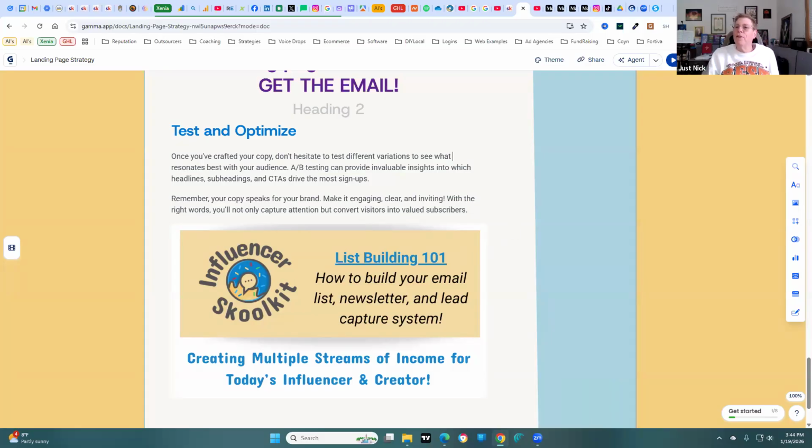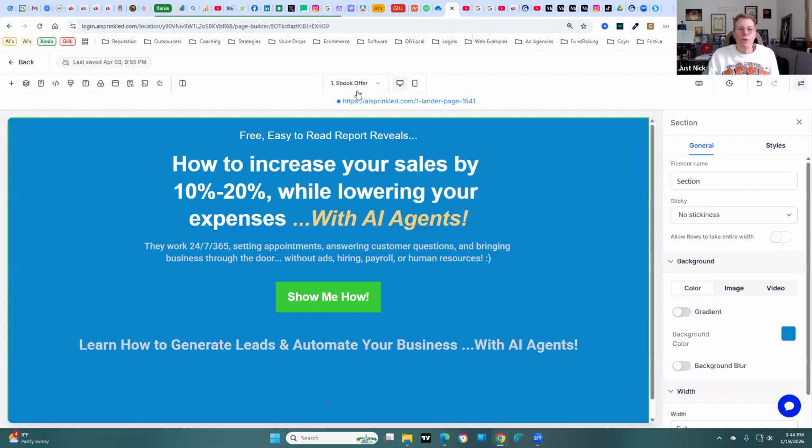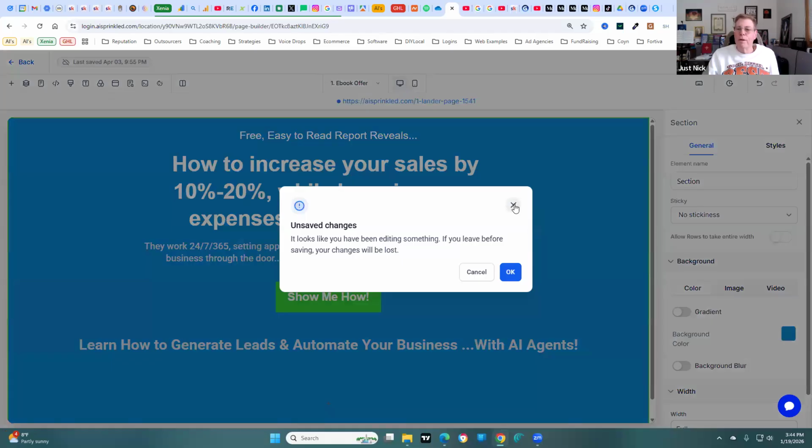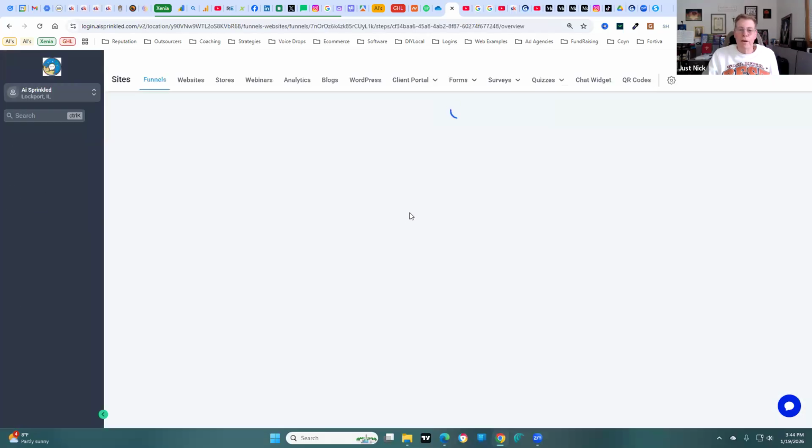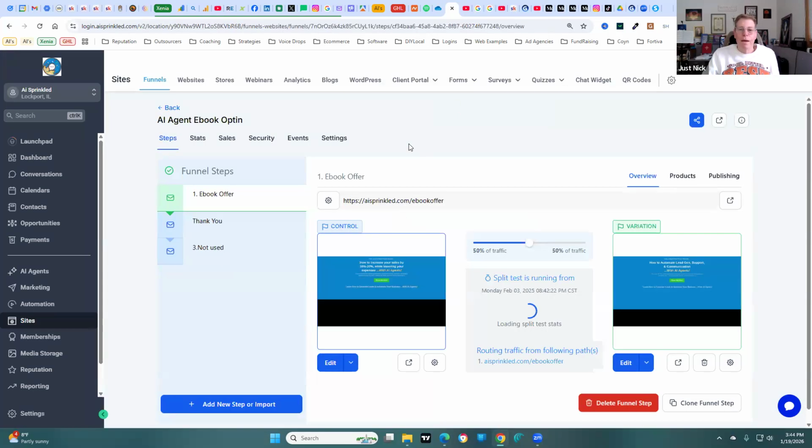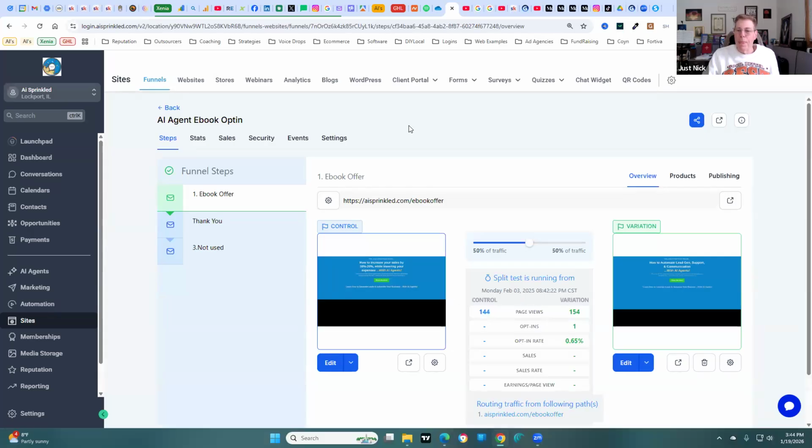So you create your page, and here, I'll show you. Okay, this is the one that I just showed you, right? And this is for an ebook. And here's what happens. This is called an A/B split test. And I didn't promote this one much, so it's only got 300 clicks. But anyway,